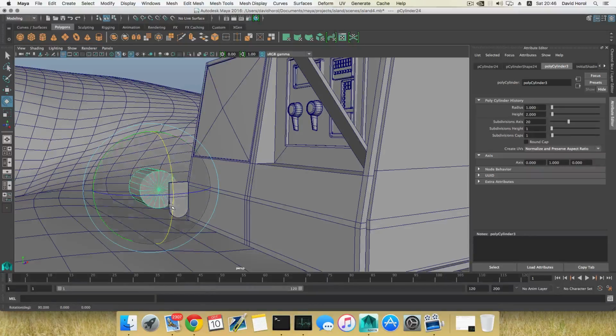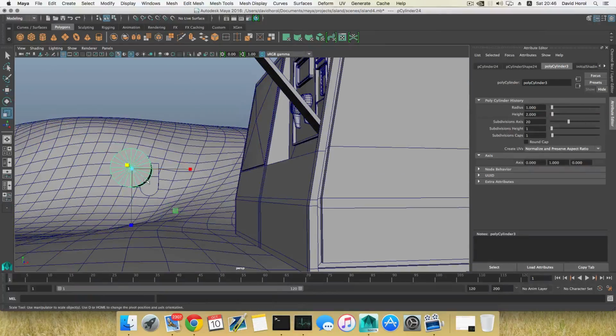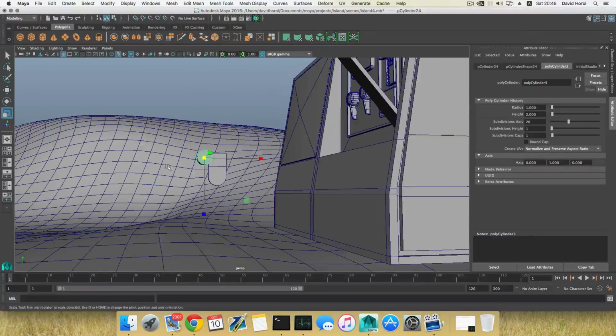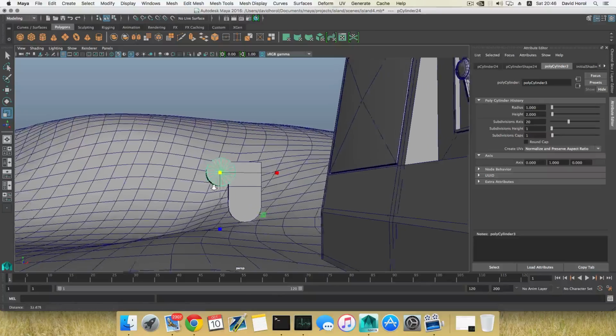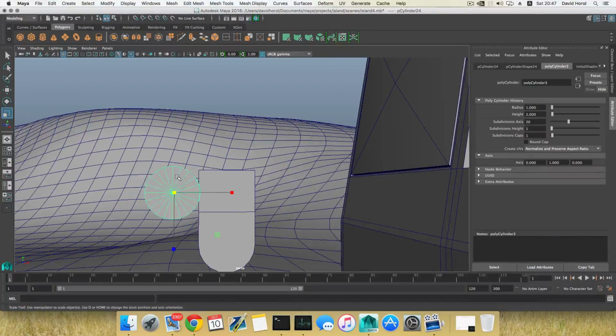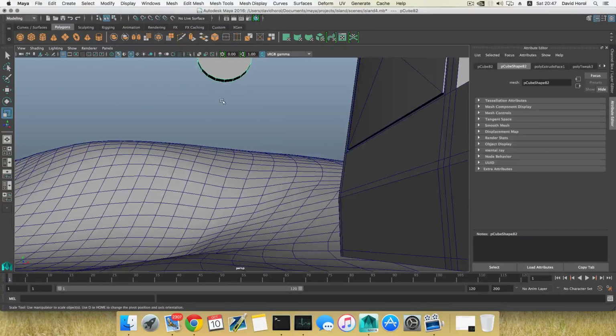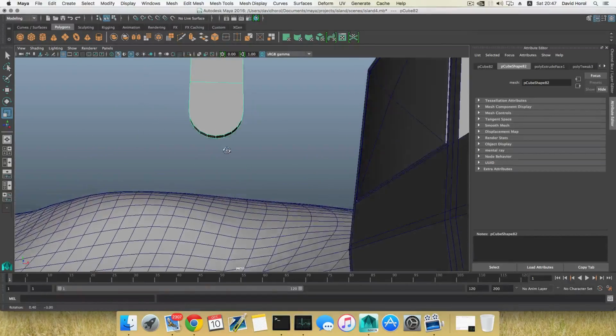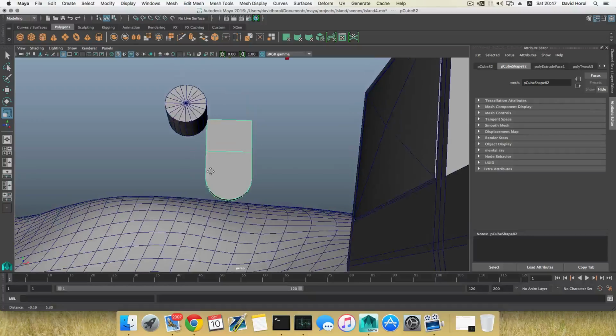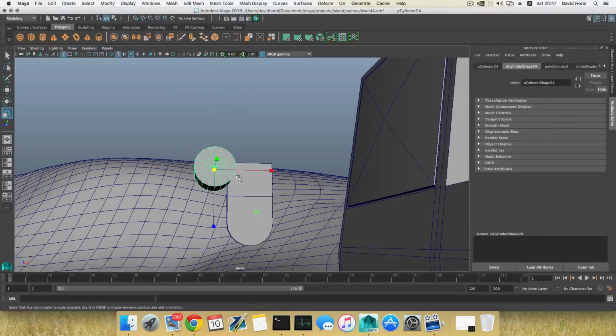I need to change to English, and then I can use the J key. I'm gonna scale this down, and right now this cylindrical shape has a center. This is the center edge, so I'm gonna rely on this to position it with alignment to this edge down here. Okay, so let's grab this, switch to move tool, hold down the V key, and simply move it